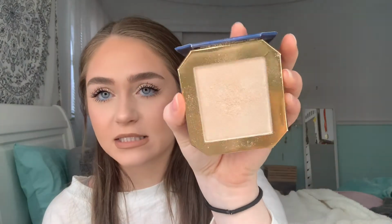Then we have the ColourPop Disney Designer Collection Pressed Powder Highlighter in the shade Horse and Carriage. First off, the packaging on these is beautiful. This is the Cinderella one, but they come with mirrors, and this is a really pretty icy, pearl goldy shade, if that makes sense. I love to wear this on days where I'm wearing that Revlon foundation. It's really blinding. It's really pretty. Like, you can just see the sheen on it. It's just gorgeous. I mean, I very rarely don't like highlighters. The only reason I really don't is if they're too dark for me. But then you can kind of...